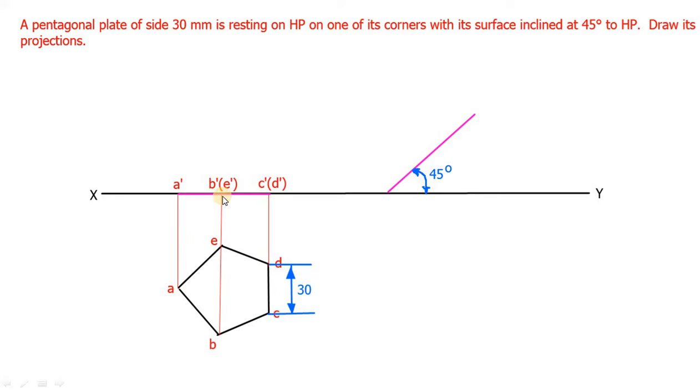So you can measure this distance, that is A dash and B dash, using a scale or compass, and mention the name here, that is this will be A1 dash, and the distance between these two will be the distance between A1 dash and B1 dash. So you can mark the B1 dash here equal to this distance.